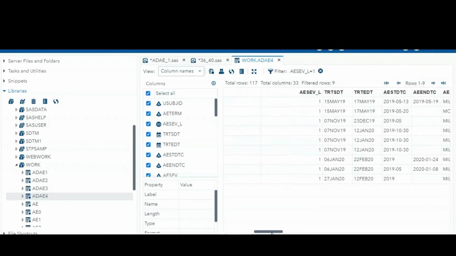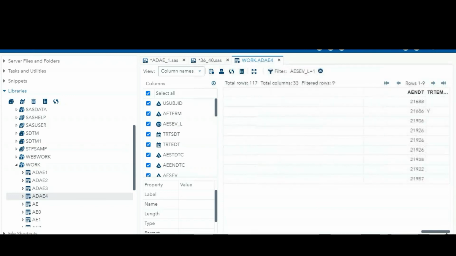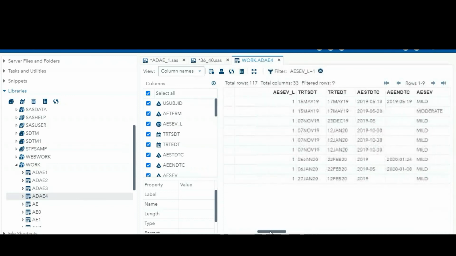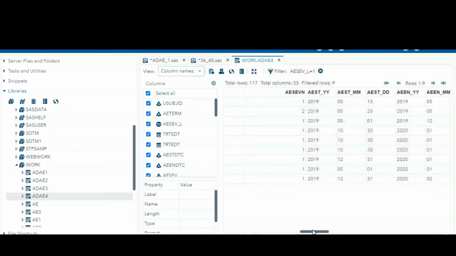For the first subject, the second record already has the treatment emergent AE. Now if you see the severity, what is the severity of the first? Mild, and it was increasing to moderate. So we can consider this first record also as a treatment emergent adverse event. This mild happened before taking the treatment, and it went to moderate.